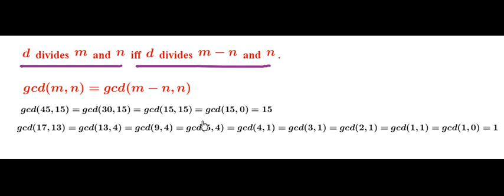So if you observe carefully, I have considered the larger number as m in each iteration. For example, here GCD of 5 comma 4. If we apply this recurrence, we will get GCD of 5 minus 4 comma 4, which is nothing but GCD of 1 comma 4. But now I have written GCD of 4 comma 1, not 1 comma 4, because ultimately I want to repeatedly apply this recurrence. So we are getting correct answers, that is fine, but the next question is, can we